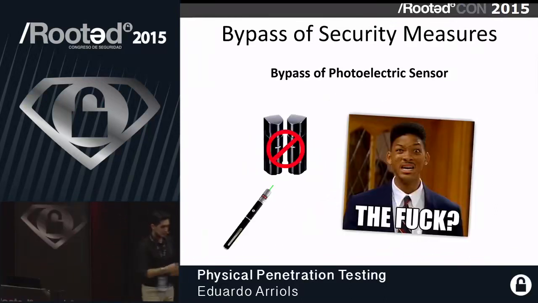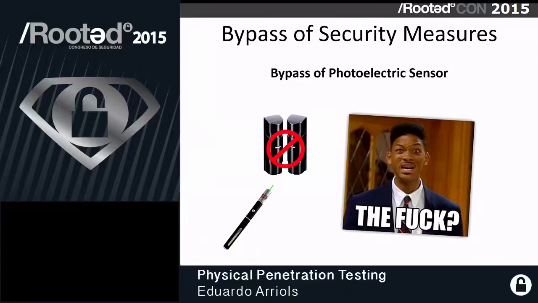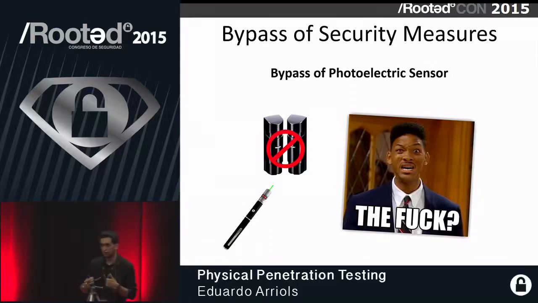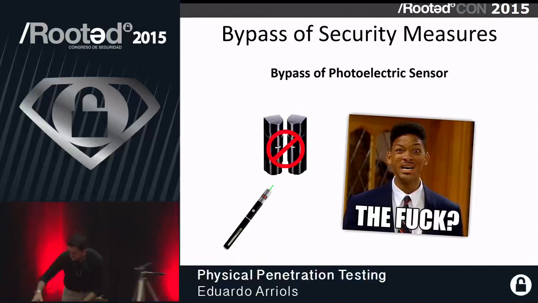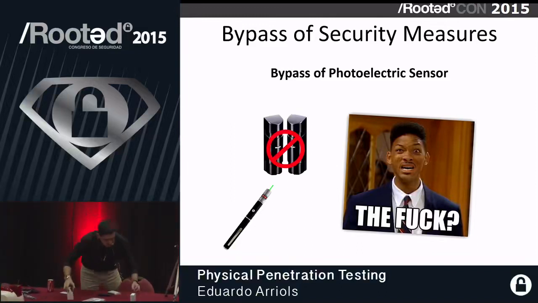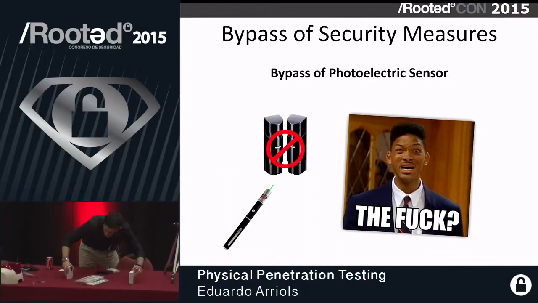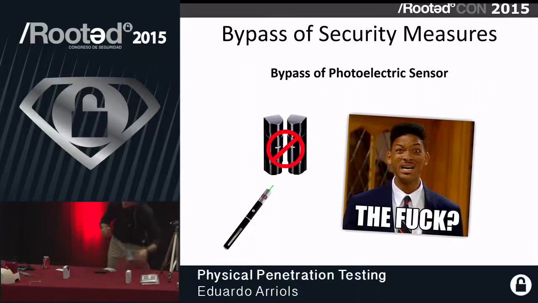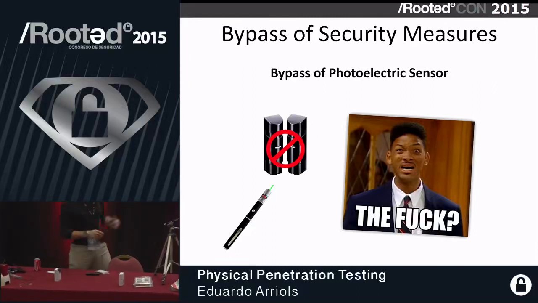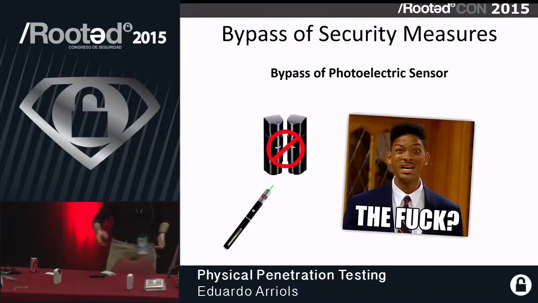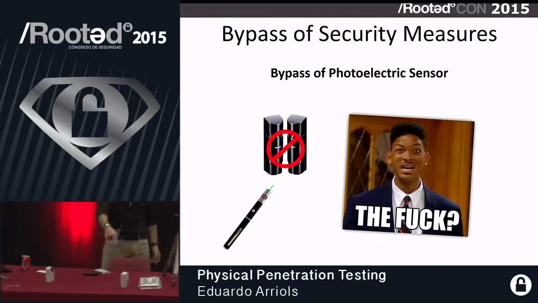If you have a pointer like this, which costs 10 euros, it's an infrared light pointer which reaches 5 kilometers away. These are cheap pointers. I won't buy very expensive pointers. Their technology is the same as the one you can see on the screen, and it's used in many places. Basically, this